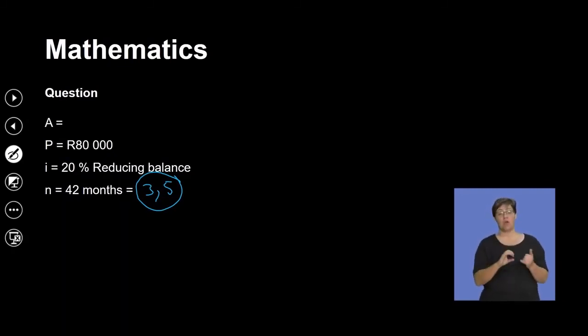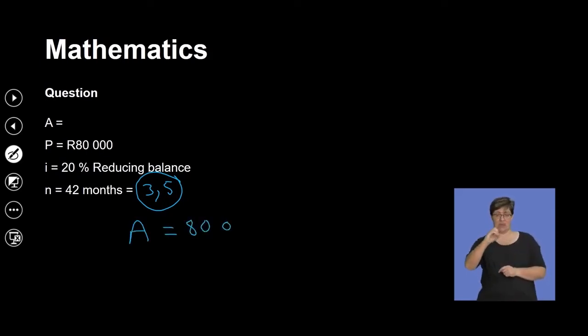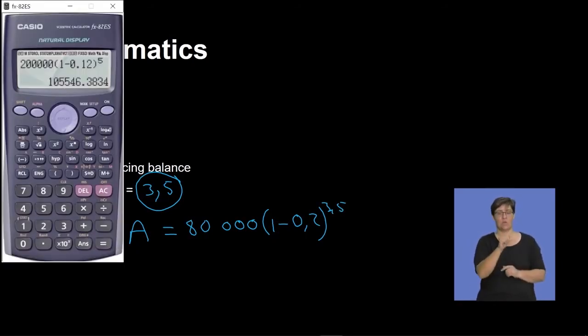Now, what we're trying to do is to find A as well, and this will be equals to the 80,000 into 1 minus, my interest is 0.2, and this is to the exponent of 3.5. Remember, please, you do not use the months here, you use the 0.5. So this is going to be